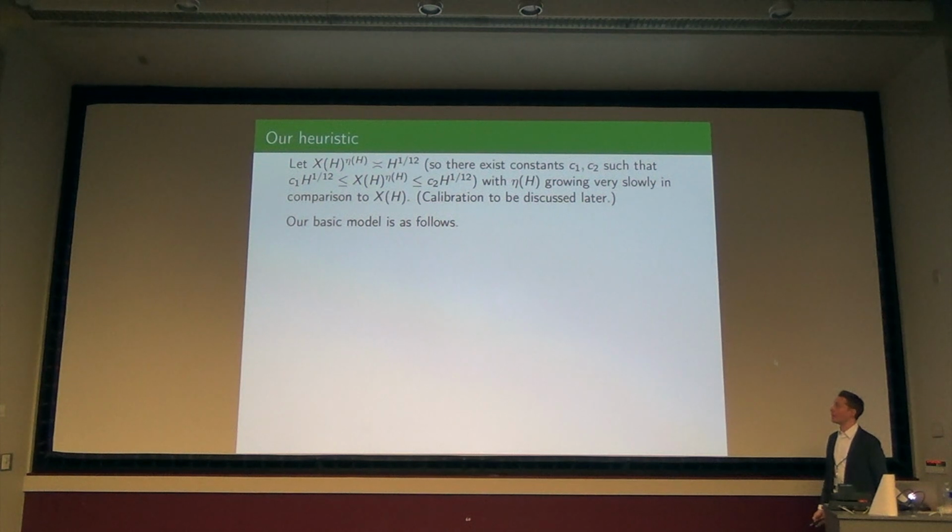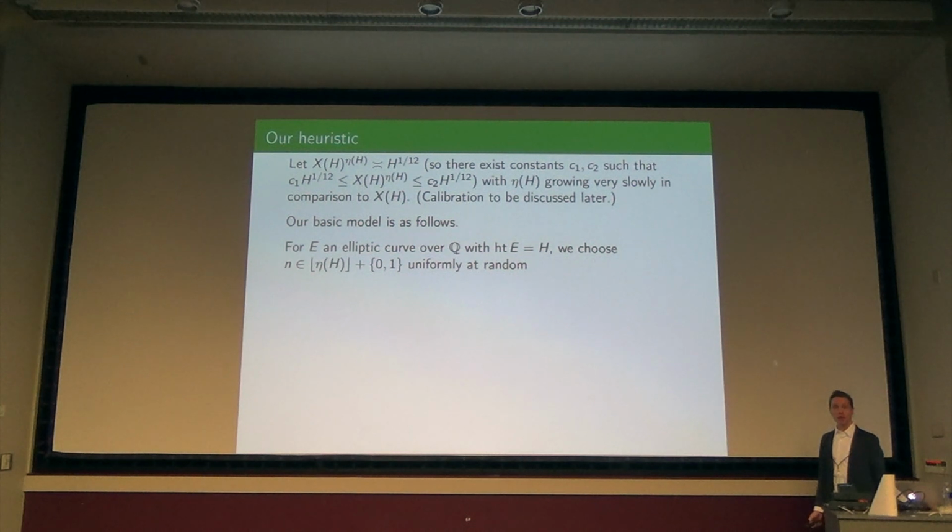So here is our basic model. If you take an elliptic curve E over Q with height h, you choose an integer n, which is approximately this eta, but I need to be careful about parity. I don't want to privilege even matrices or odd matrices in their dimensions. So maybe eta is 10 and h is 10 to the 6th or something. Then I want to pick uniformly a random 10 or 11. Imagine n is eta, some moderate size, and I flip a coin and I either leave eta alone or I add one.